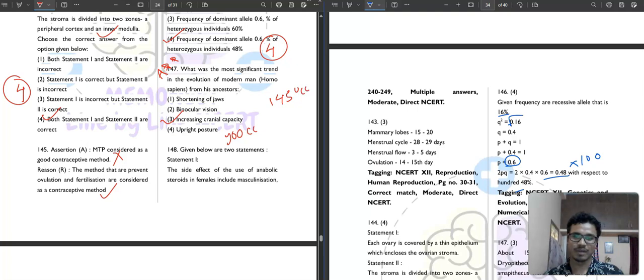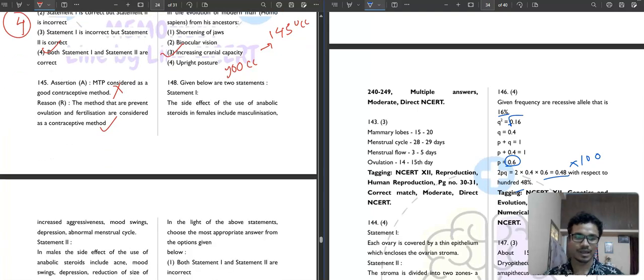This is the most significant because we have developed the art of thinking, the art of doing things. That's why we have so much technology, all these things. All are human made. Nothing comes from just nature. We have to put in our brain, and that's why we are the smartest now. This is the reason, and we have more cranial capacity.